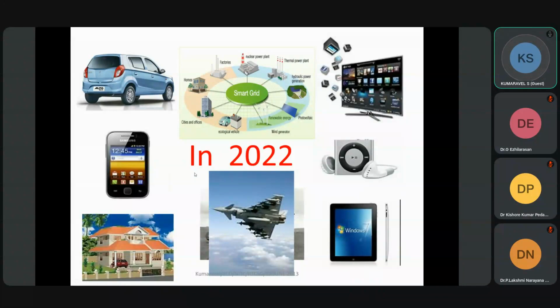Most of the world is migrating from the conventional grid concept to the smart grid concept. When you see a smart grid, it provides a lot of flexibility in integrating low rated energy sources, highly non-linear loads like electric vehicles, and bidirectional transaction of power. Like that, there are many advantages we get in a smart grid.